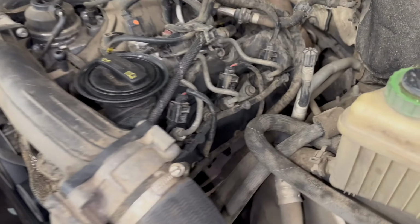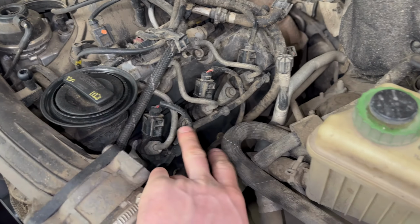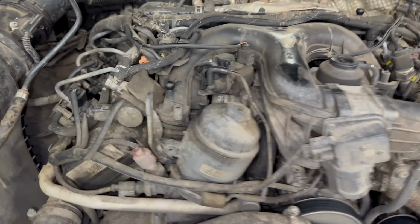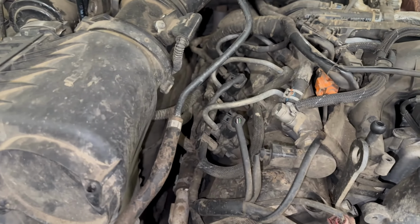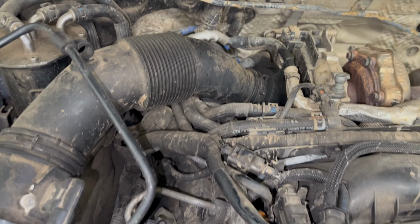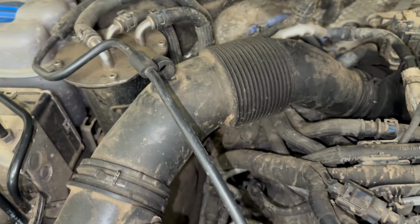A few months ago I already did the ones on the right hand side of the engine, so today I'm going to be doing the ones on the left hand side, which are a little bit more concealed by the airbox. You could probably do it without removing the airbox, but I'll probably just get it out of the way anyway. We've got a clip holding this air pipe here,